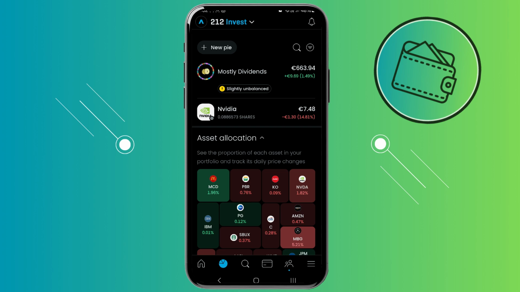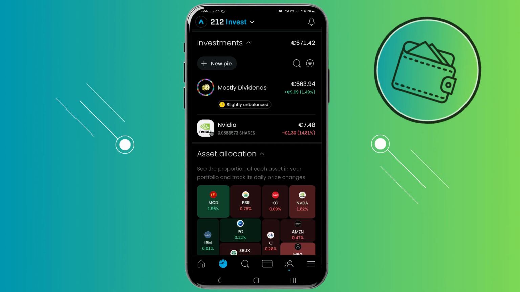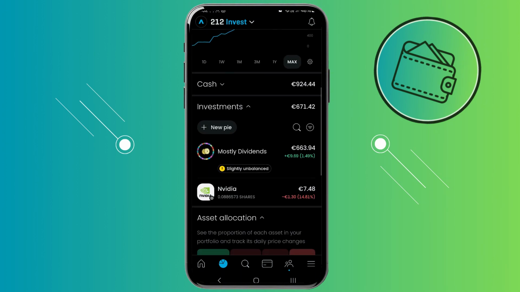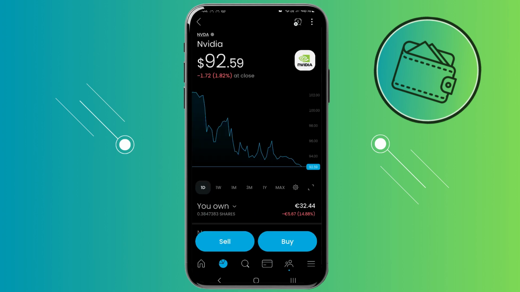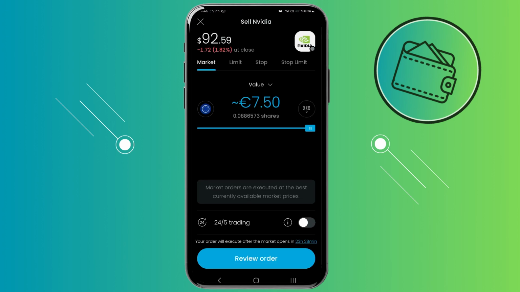Now let's say that you already own some shares and that you would like to sell them. So to sell those shares, you would just need to stay on your portfolio section or go to your portfolio section and select the share that you would like to sell, or the stock that you would like to sell. So I have a few shares of Nvidia, so I will just select that and then I will select the sell option. So here it allows me to sell all my shares of Nvidia for 7.50 euros, which is the